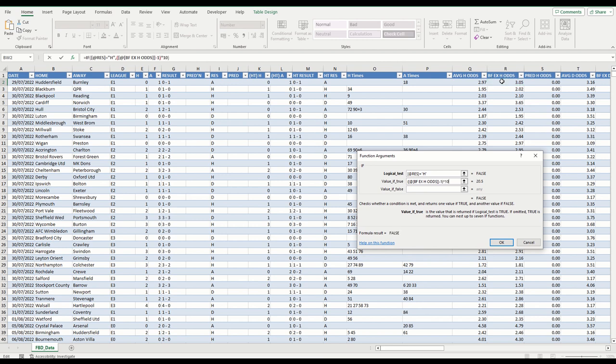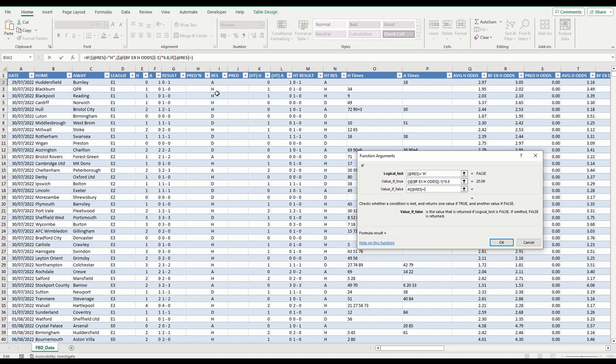So that would say if we backed that as a home win and it came in, which it didn't, it's false, it would return a profit of 20.5. Now you actually want to do that and factor in some commission. So if I do 0.98, that factors in a 2% commission, okay? That was false, so obviously it wasn't a home win. So then what we can say is if